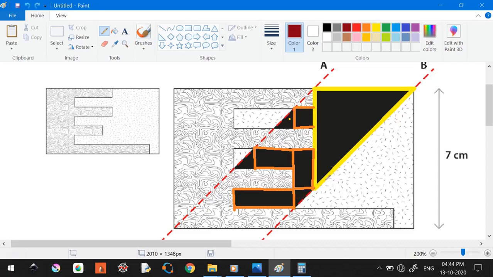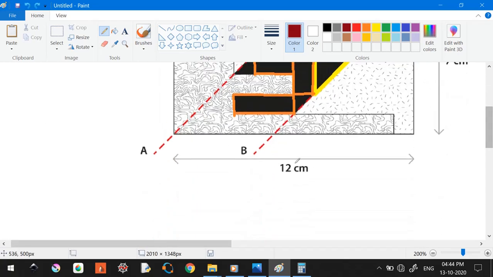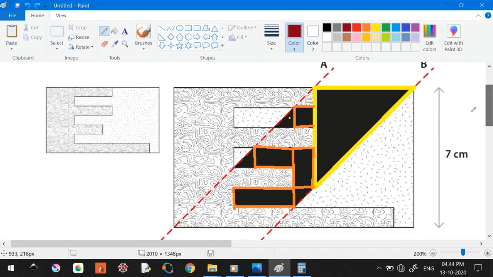So I hope this is clear. So how do we split this? Now, given this, what are the values? Because we know this has 7, and this one 12, given. We don't know, for example, if this is a triangle and I want to know the side, how much is the side, how will I identify that? So that is what we need to do. That is where math will come.